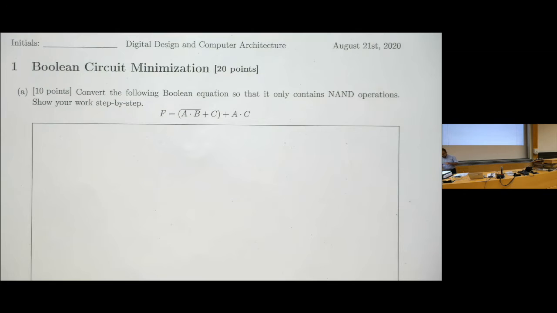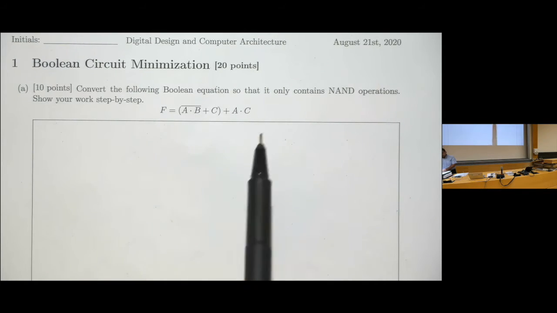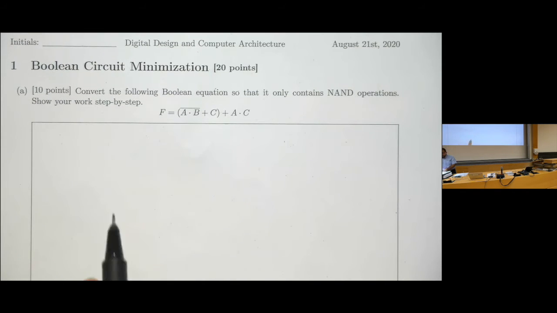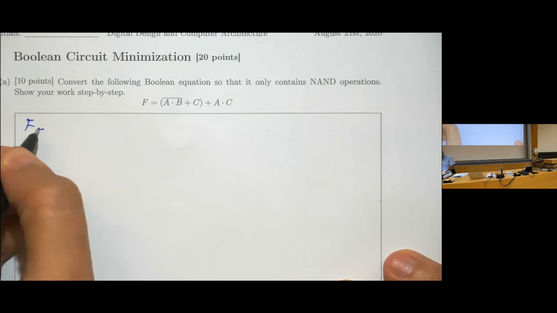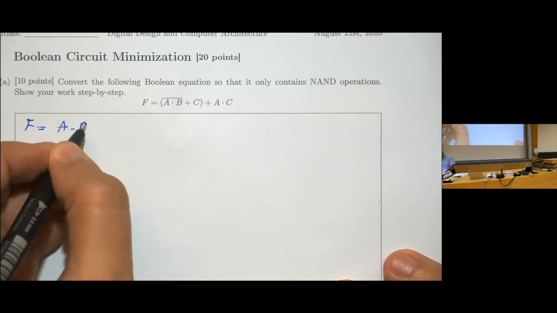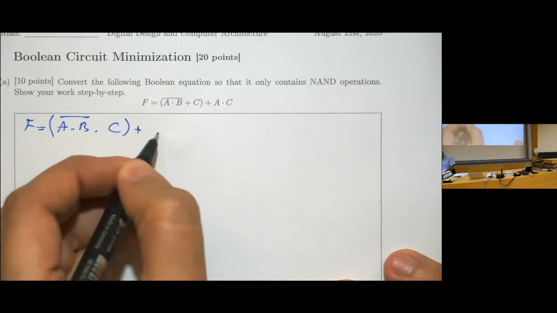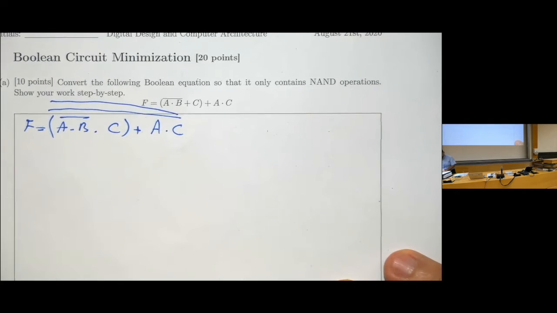Okay. The next question is about Boolean circuit minimization, which usually are the simple exam questions. So the first one is, we need to rewrite this equation to make it only using NAND operations. To solve such a question, usually a good strategy is to use double not. So we do not